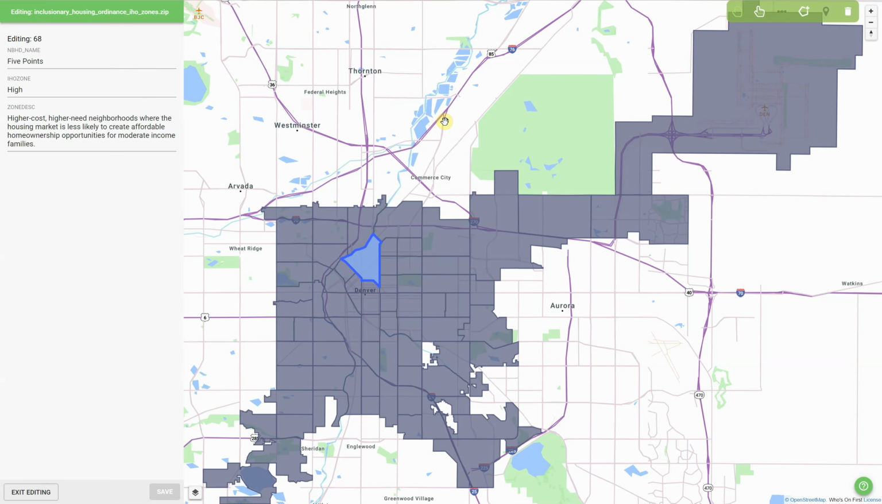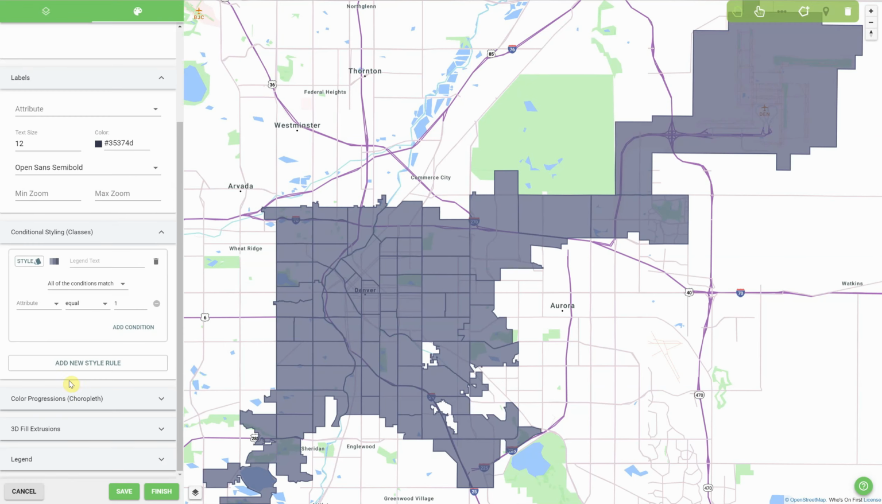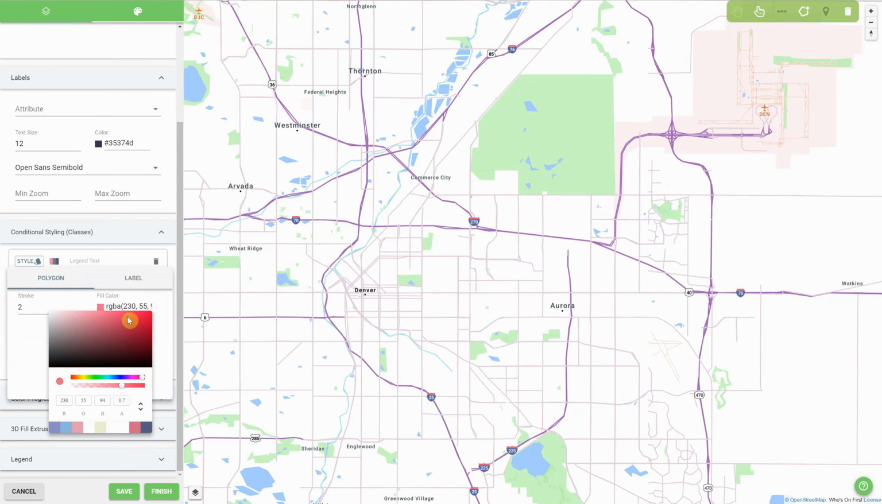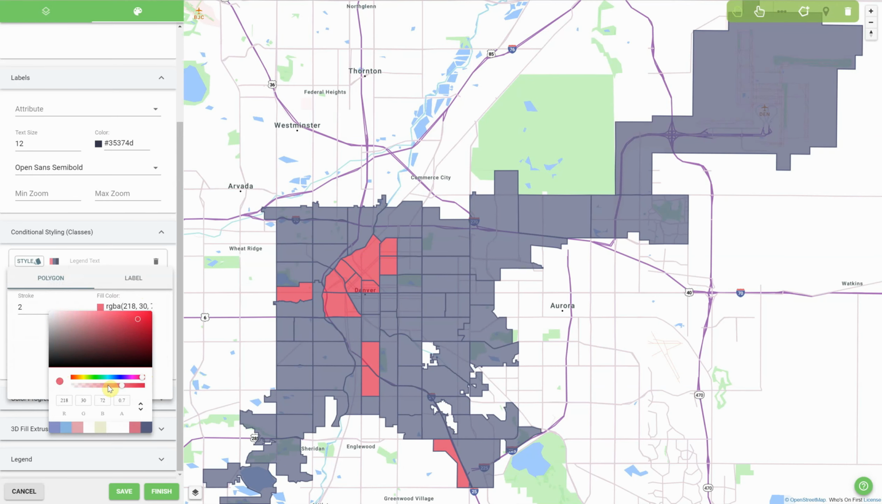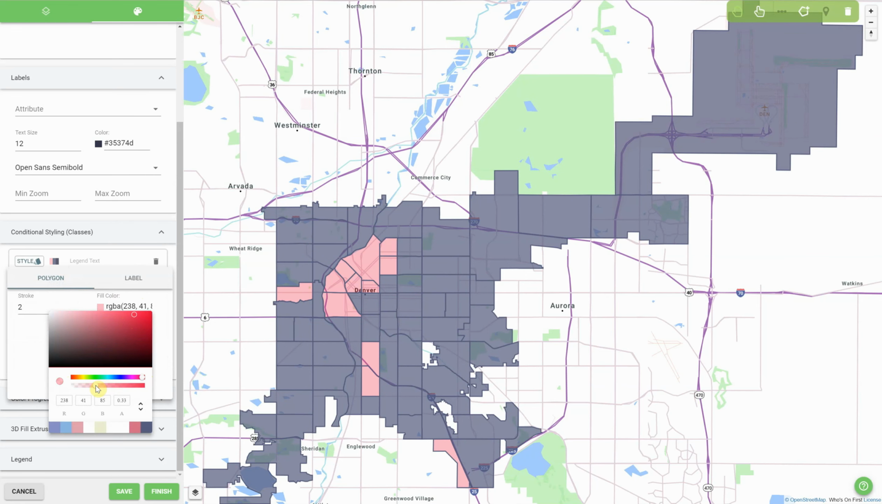So if we say here that we want to see where more low-income housing is planned to go in, this is a good place to use the conditional styling. So here students can say if the zone equals high, I'd like it to be something red. So this is an area that could really use more low income housing. But we're also going to set the transparency to pretty high so that when you overlay